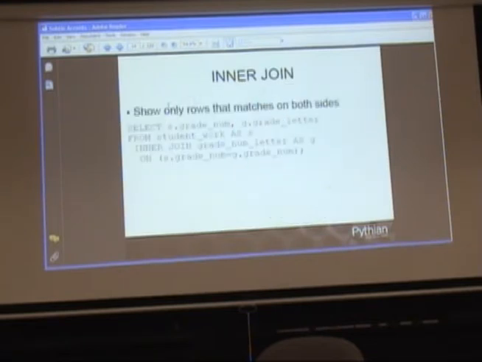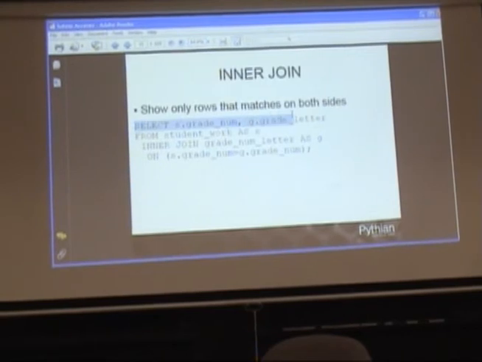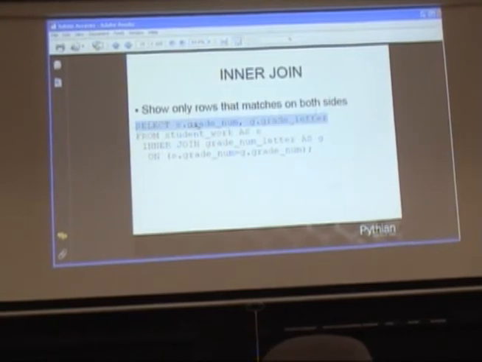So again, show only rows that match on both sides. You can tell I was tired even this weekend when I wrote this. So this is where we might do something like, here I want the grade number and the grade letter from student work as S, inner join